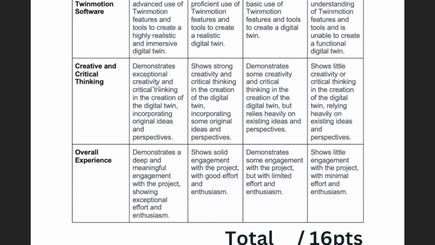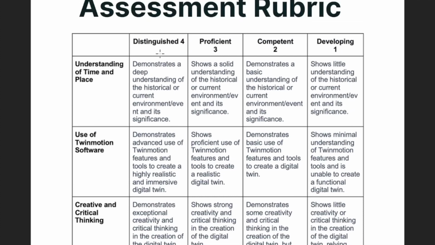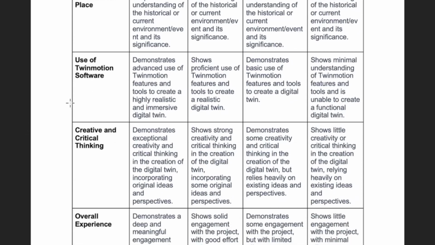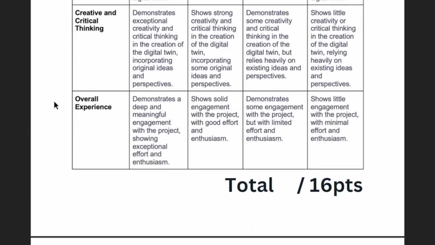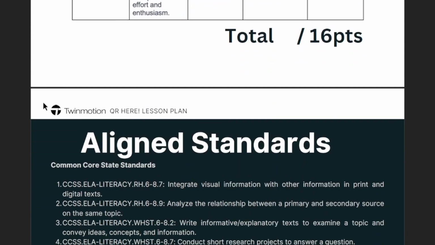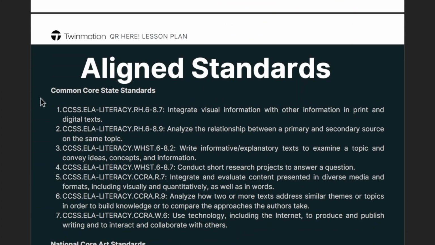It's out of 16, and the strongest criteria are on the left because that's how we read in life. We read left to right, and so you can see right here we have 4, 3, 2, 1. And if you're looking for a simple rubric that students can understand, I've included that here. I have gone out and scoured the world for the aligned standards, or the standards that could align